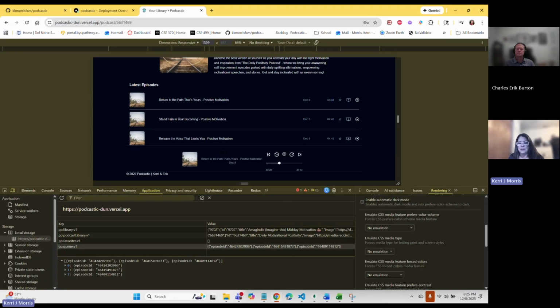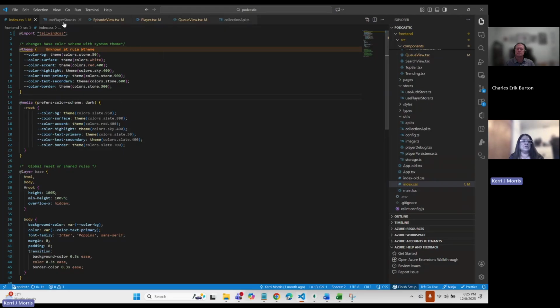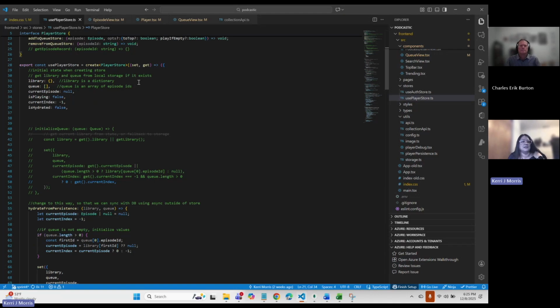So in the code structure, we heavily use the Zustand player store to keep track of the state for whether or not an episode is playing. It looks in the library object, which has the actual details from the API that we brought in. It has a queue that holds the ID so that it pulls from the library. By keeping the state in the store,